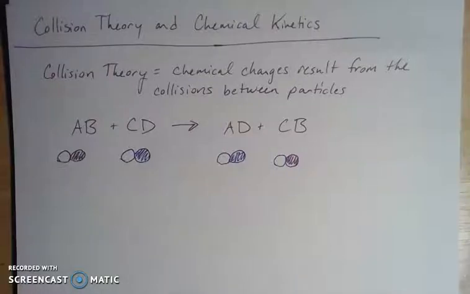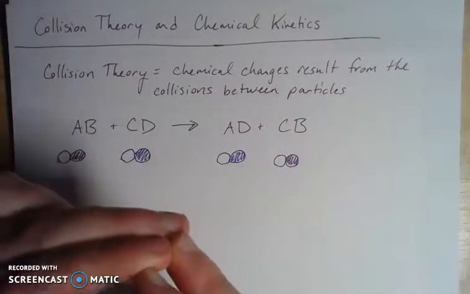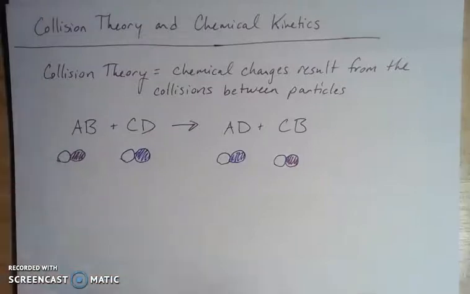And so one of the ways that we understand matter as chemists and the way that we understand chemical changes is through what is called collision theory. Collision theory is the idea that any chemical change has to be the result of colliding particles. So we're talking the physical collision between particles. Particles are colliding together and then chemistry happens, but they have to do it with sufficient energy, otherwise that reaction